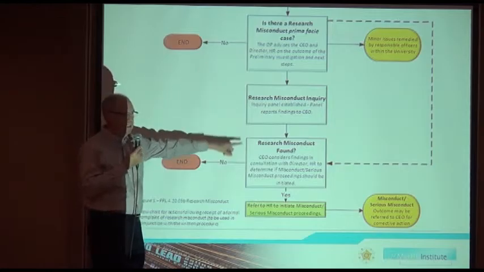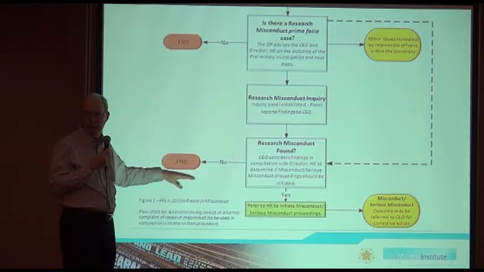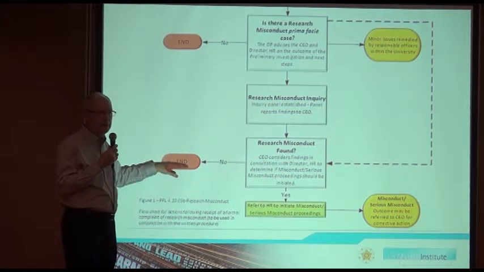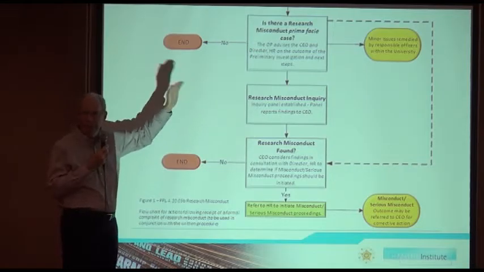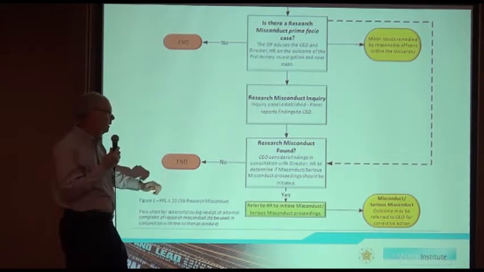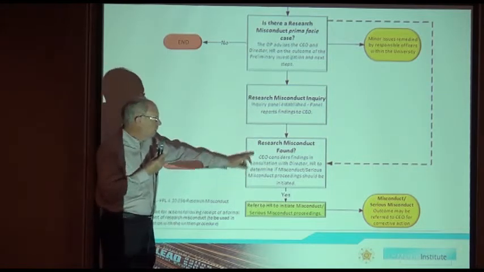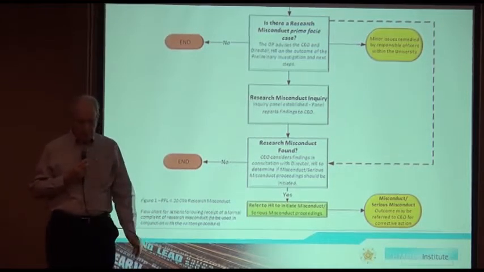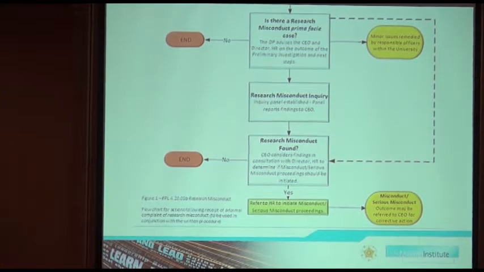So if you get through all of this, you've got a very difficult job here, because there's now public information available about the accusation, and restoring somebody's reputation at this point in the process is really quite difficult. So that's why all of these careful steps are taken before you get to this point. If there is research misconduct found, then the chief executive or their delegate refers it off to initiate other procedures which might lead to demotion.